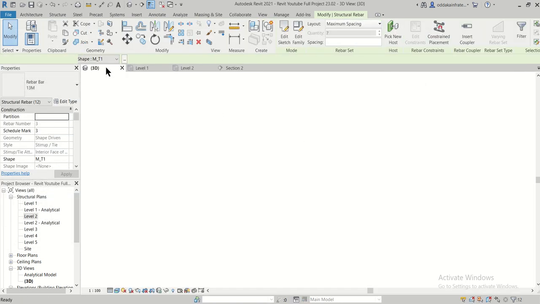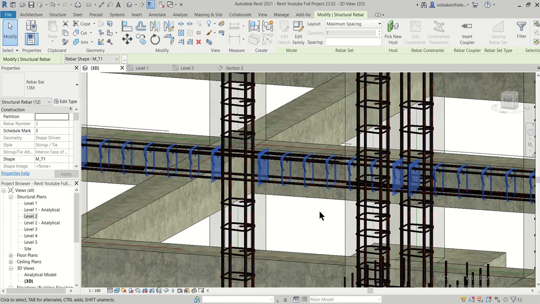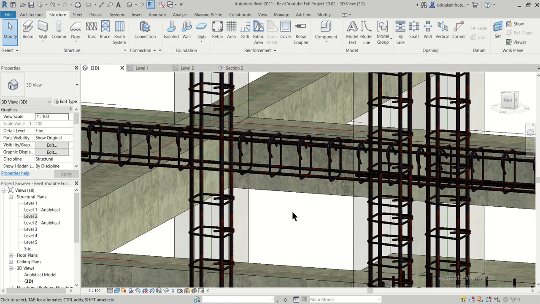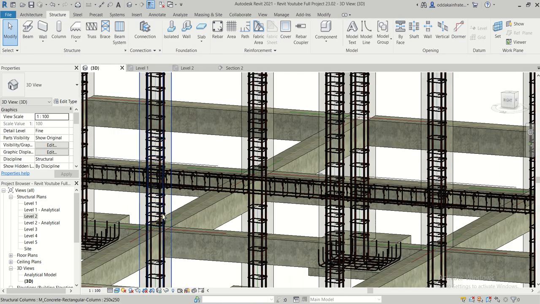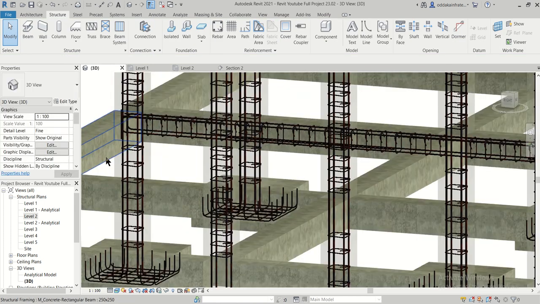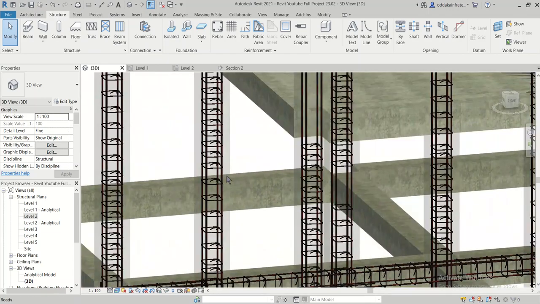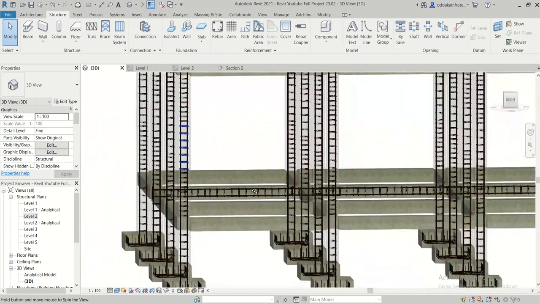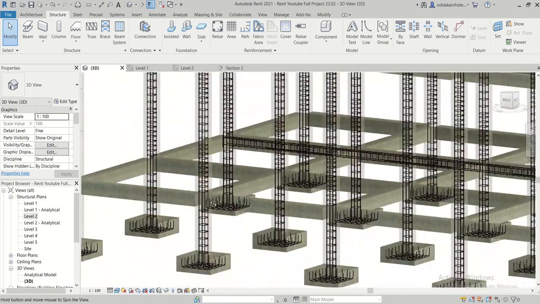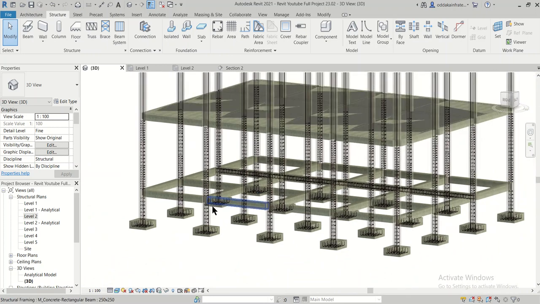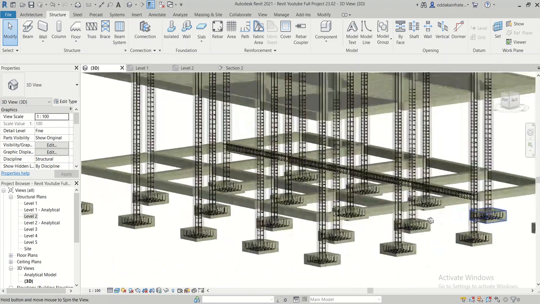Just go to the 3D view, and right now you can check this in the 3D view. So as you can see, these are the members, and if you want to view it more properly, you can just rotate the model and view.